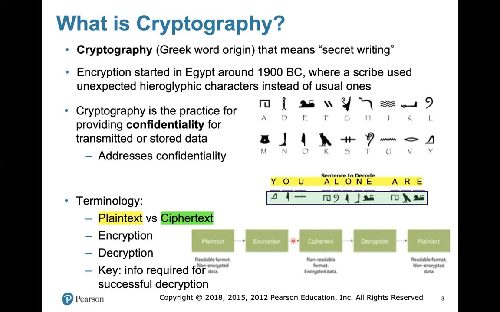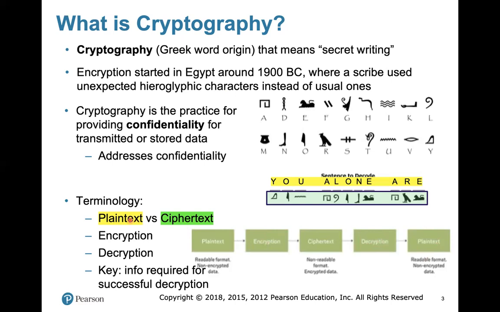And here is the whole process that we see. We get the plain text. The plain text is a normal readable text or data. It might be text or data, whatever. And then we encrypt it using some encryption algorithm. And then what we get is called ciphertext. And then sometime later, it might be the person who encrypted the data, or it might be another person who is the recipient of the data, who is also allowed or authenticated to be able to use the data, we apply some decryption, and then we retrieve or recover the plain text.